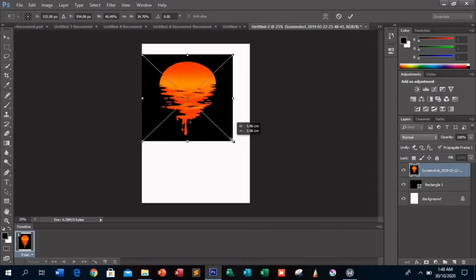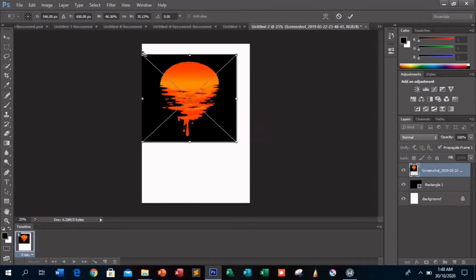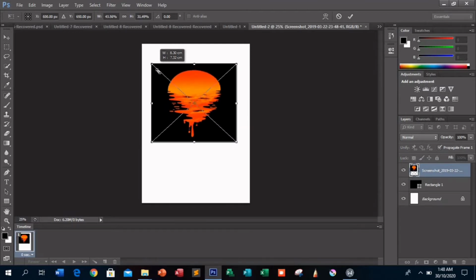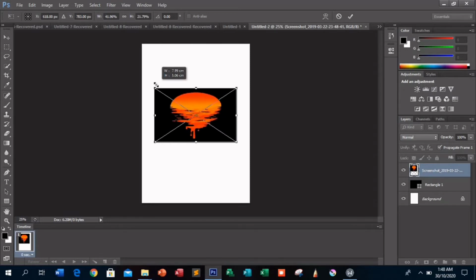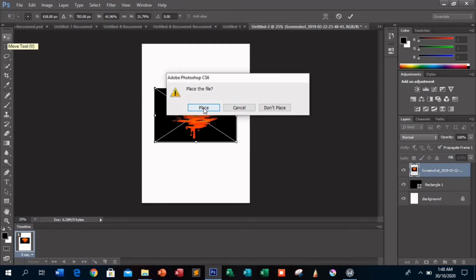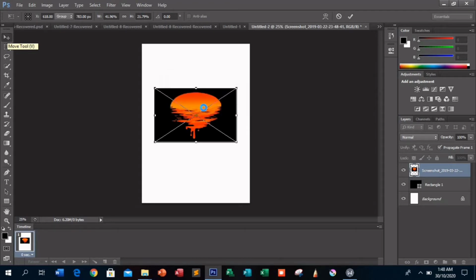We are going to put it around the object, the size of the object that you want it to be. Then you click on your select tools and press enter and click on place.